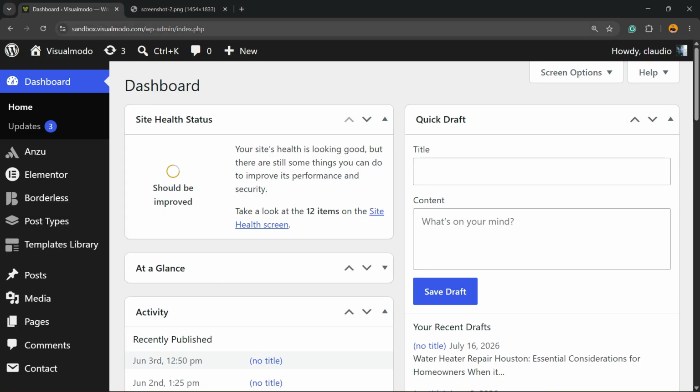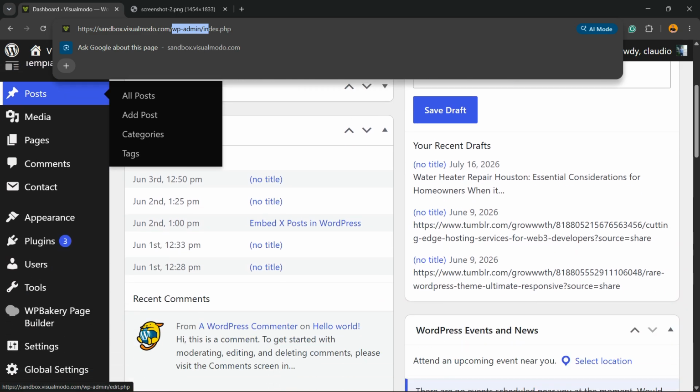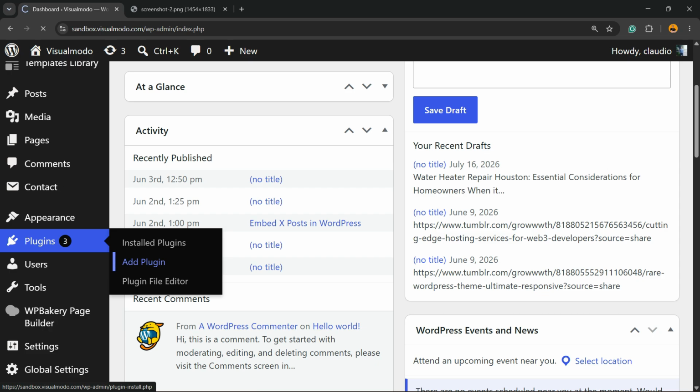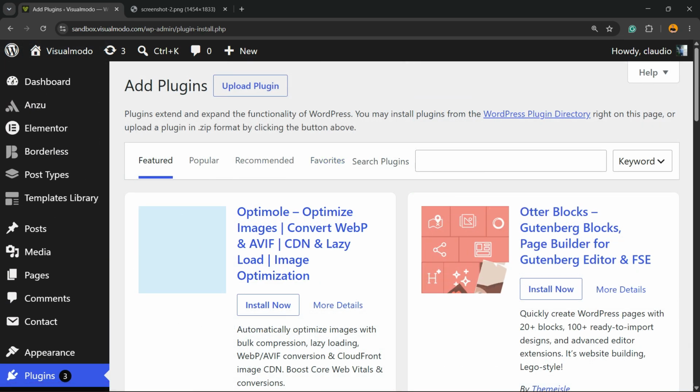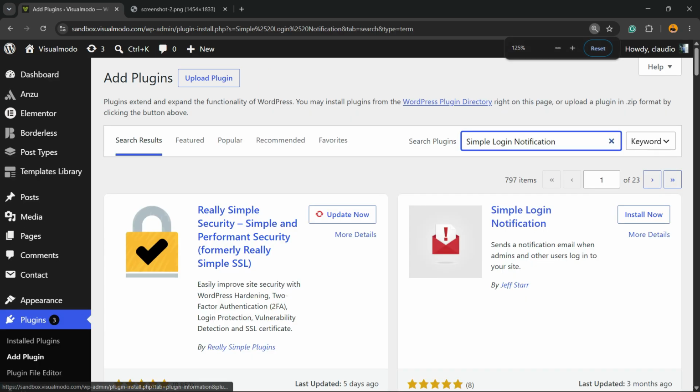Go to our WordPress dashboard to get things started. To access the dashboard, into the browser address bar, enter your domain plus wp-admin, enter with login credentials, user and password, review the left sidebar of menus, hover the mouse over plugins and hit the submenu Add Plugin. Into the upper right corner of our screen, into search plugins, you're gonna click and type simple login notification, just like this. And here is the one that I'm looking for,